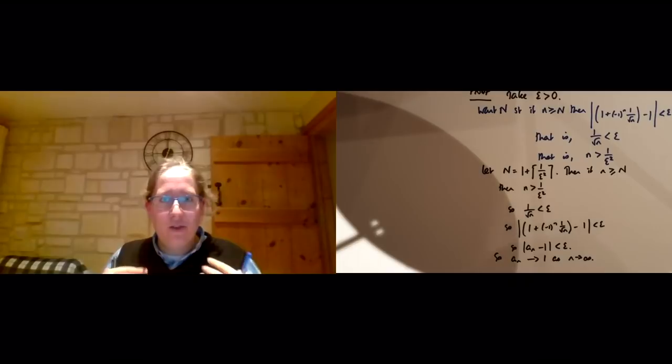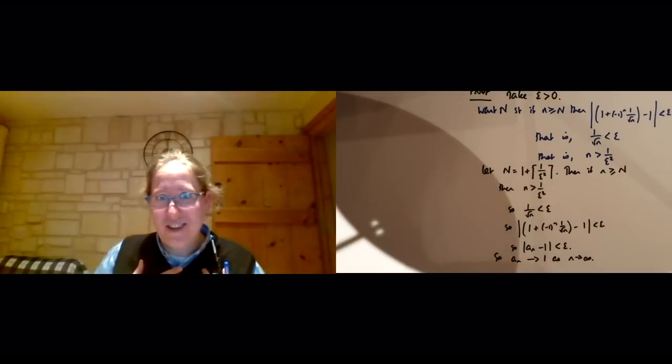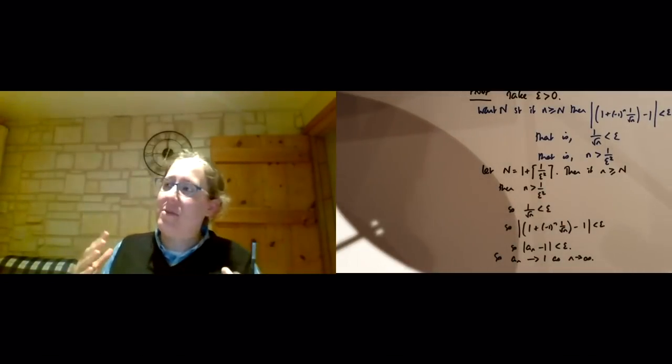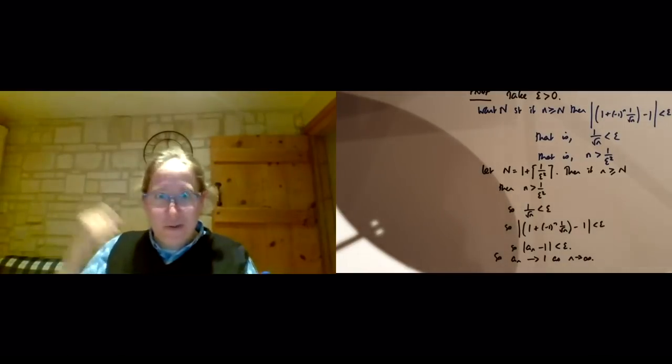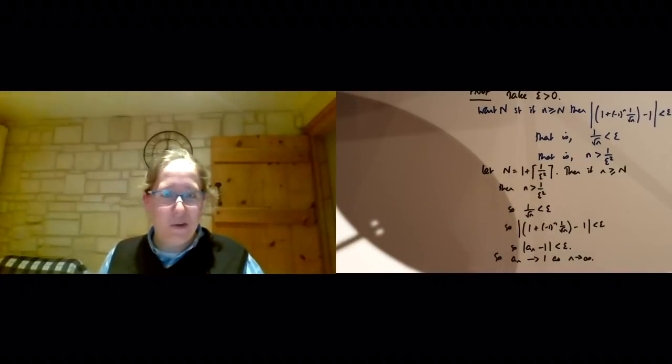So I hope that that's helping you to make sense of the definition. I hope that's also giving you an idea of how you go about constructing these things. So if I were writing this up, I would hide the bit in blue, which was my private doodling on the back of an envelope. I'd say, let N be the following thing, and everybody would think, hang on, where did that rabbit come out of that hat? But the answer is because I did some private doodling, and it works out nicely.